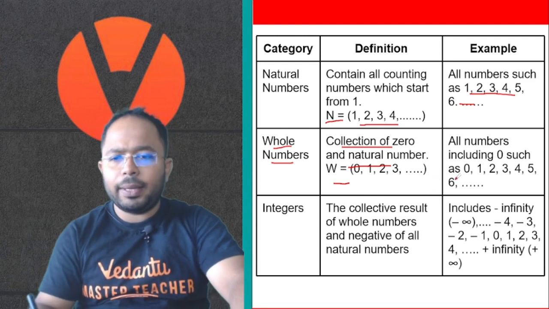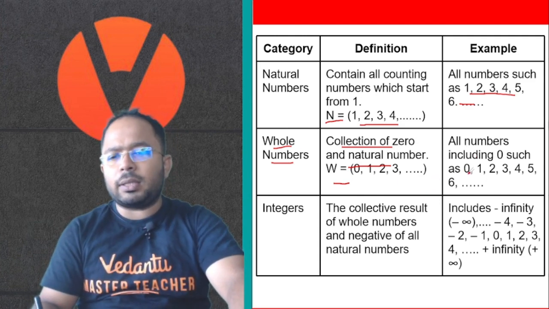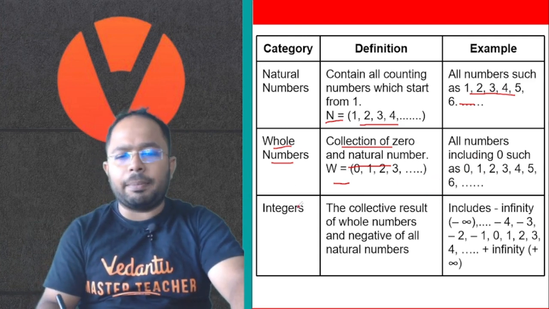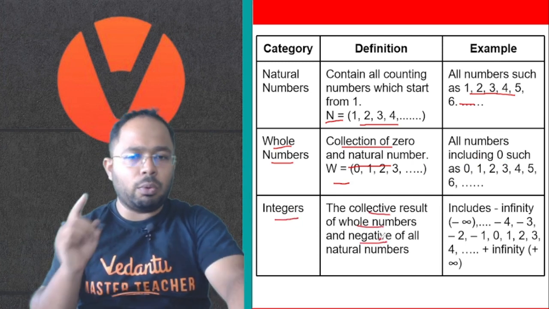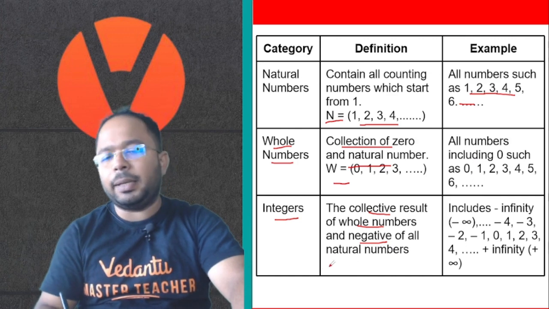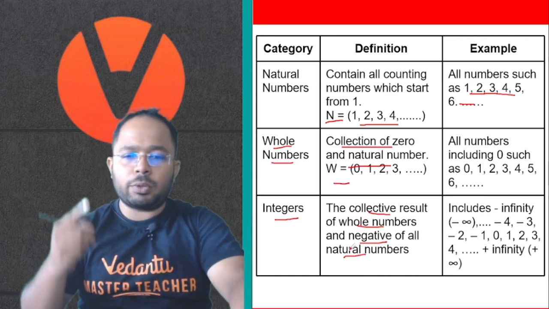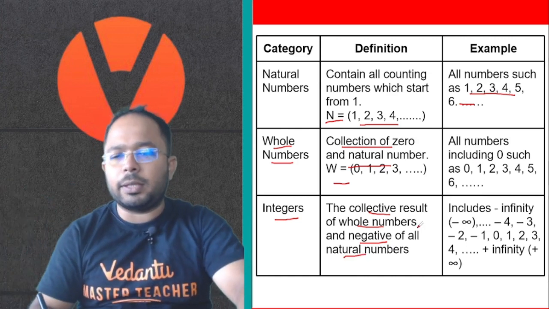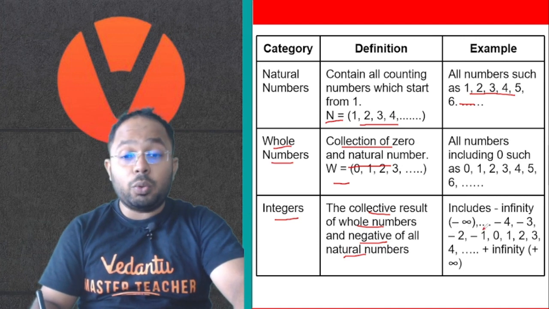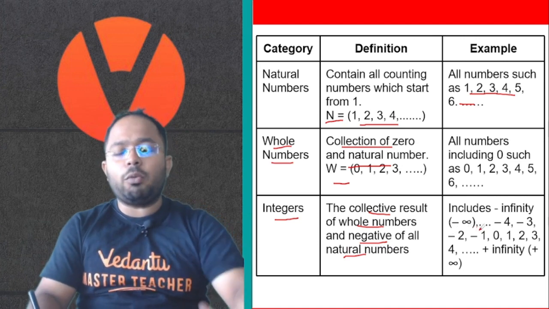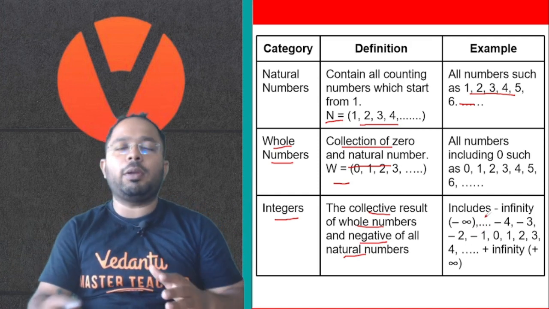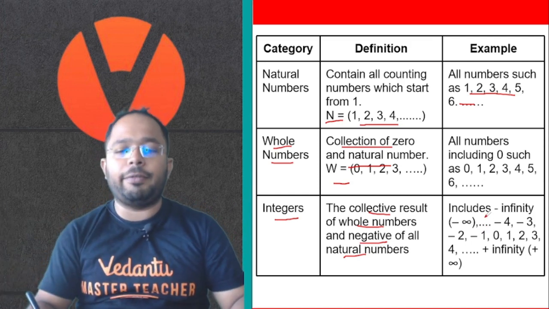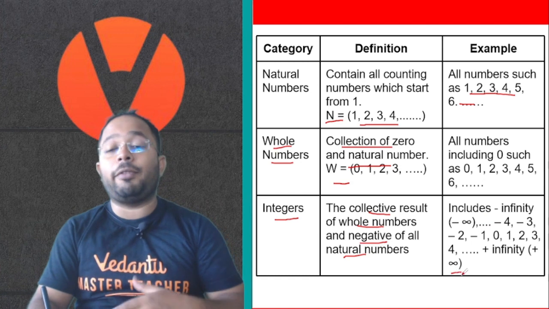एंड सो ऑन। ऑल नंबर्स इंक्लूडिंग जीरो सच एज 0, 1, 2, 3, 4, ये सारे एग्जांपल हो गए। इंटीजर्स, द कलेक्टिव रिजल्ट ऑफ होल नंबर्स एंड नेगेटिव नंबर्स, होल नंबर्स और नेगेटिव नंबर्स भी लेंगे। तो होल नंबर्स में जीरो से स्टार्ट होगा और फिर नेचुरल नंबर्स भी उसमें आ जाते हैं। अब इनमें जो स्मॉलेस्ट कहेंगे तो वो माइनस इंफिनिटी। अब माइनस इंफिनिटी कोई डिफाइन नहीं होता है, हम लोग बोलते हैं ह्यूज लार्ज नंबर, माइनस इंफिनिटी। पॉजिटिव साइड में कहेंगे पॉजिटिव इंफिनिटी।